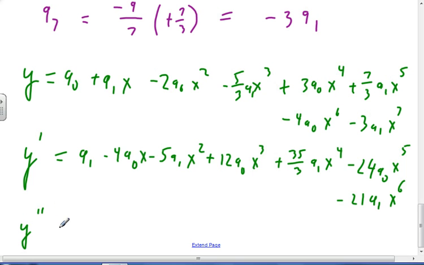Y double prime, minus 4A0 minus 10A1x plus 36A0x squared